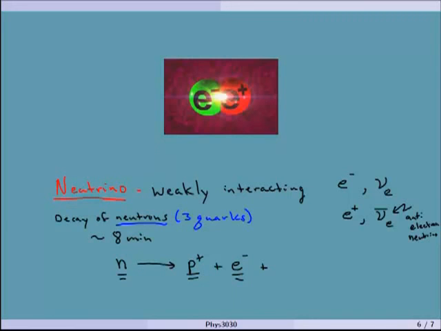And so Wolfgang Pauli, famous for the Pauli exclusion principle, surmised that, oh, maybe there's some particle that we don't see. And it turns out now we know it's an anti-electron neutrino. And there's some particle we don't see that's also shooting off and has some momentum with it. And so this is where sort of the neutrino came out, where we started seeing it. It's so weakly interacting that it's very difficult to actually be detected. It took, I think your book said, decades after being predicted to actually see it in an experiment.